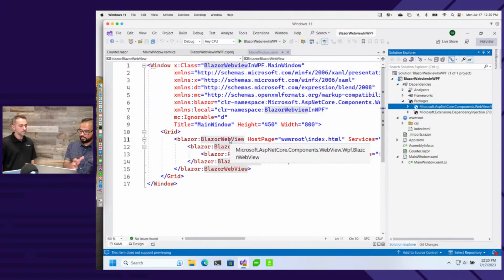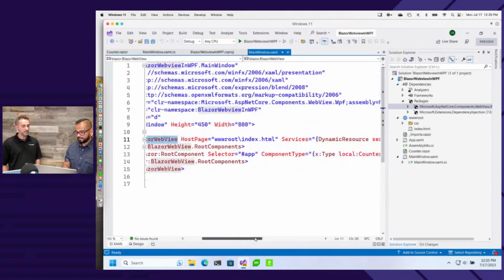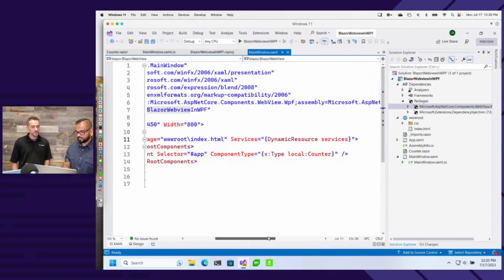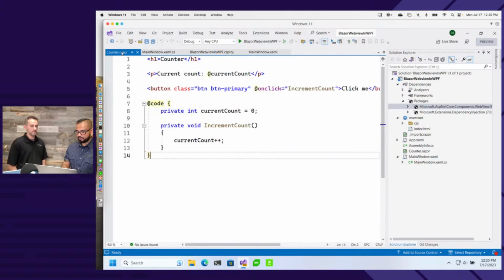So if I had a .NET Maui app running on desktop, it will render the same WebView. On Windows, it happens to be WebView2. That's what it's rendering. So this NuGet package will get you that WebView, and I can do similar things. I can not only point to an index.html, I can actually point to a component, because now it's all Blazor. Now I can bring in my counter.razor Blazor component that's meant for web apps. I can just drop it in my WPF app and it starts working, which is really nice.